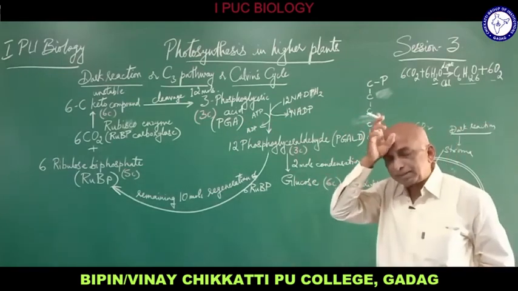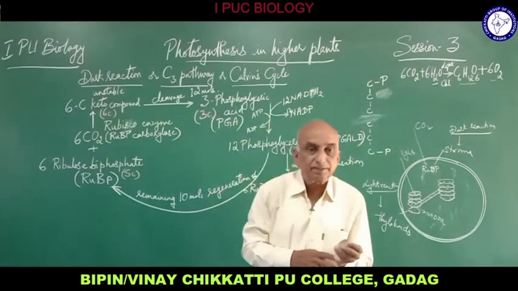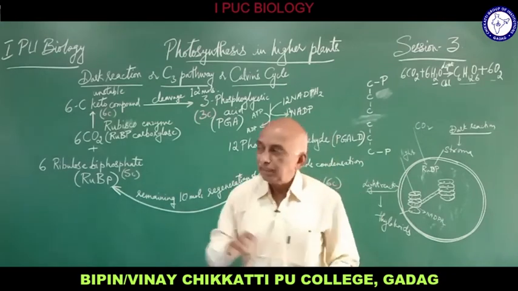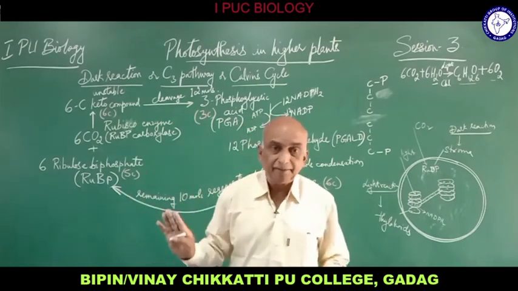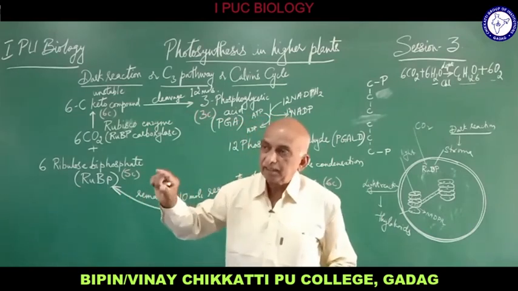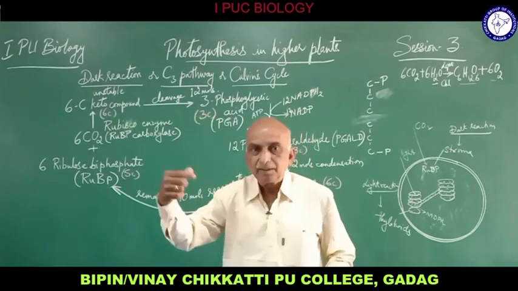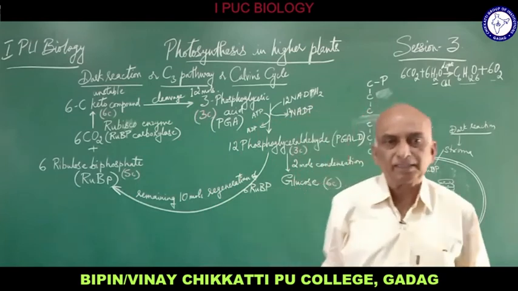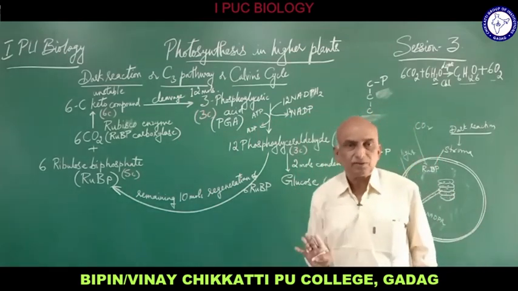And I said this dark reaction is so called because it does not take place by using light. It takes place in the day itself. In the day, light reaction and dark reaction are continuously going on. If there is a light reaction now, then in the next consecutive step there will be the dark reaction, but light is not used, that's all. So light is not necessary, hence it is called a dark reaction.